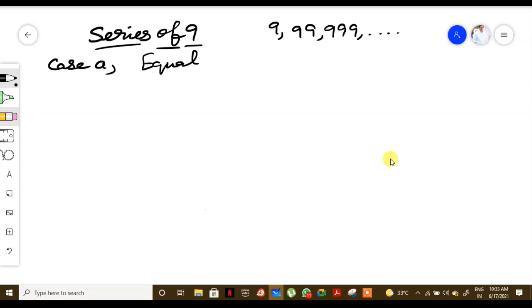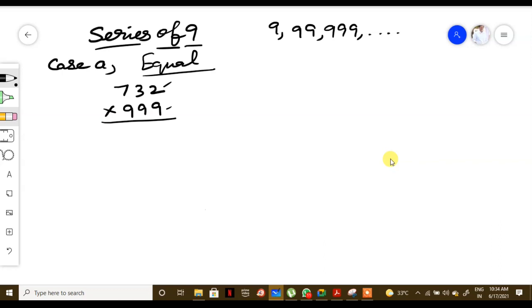Suppose I put an example here: 732 into triple 9. The above number is a 3-digit number and the below number is triple 9, correct? So we are dealing with 3 digits here, right? We are saying it is an equal number of digits. When you have it like this, you have to follow this step. 732 is the number here and triple 9 is the number there. We have 3-digit numbers here, right?